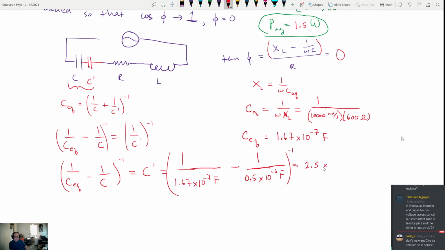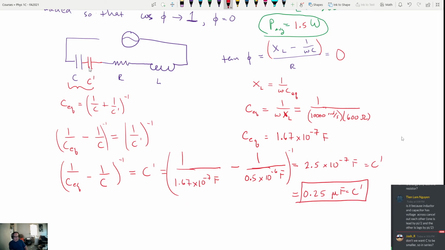2.5 times 10 to the minus 7. So look at this. This is farads, right? This would actually be, so this is C prime. So this would actually be 0.25 microfarads, I believe, right? And that's the answer. If we add in series in our circuit,